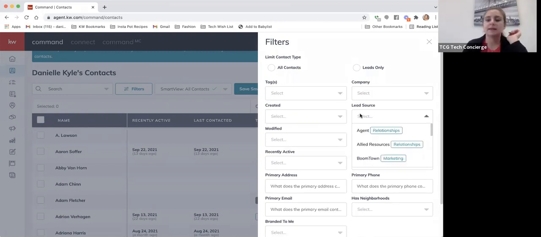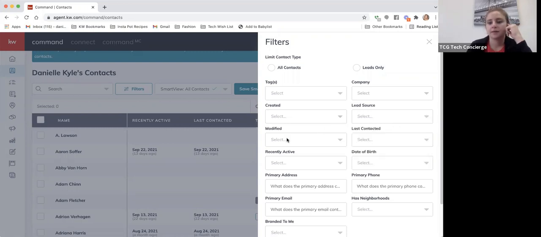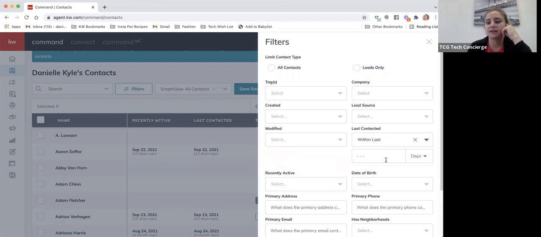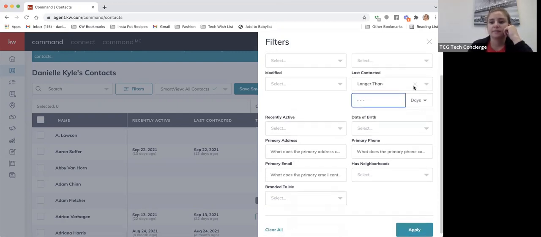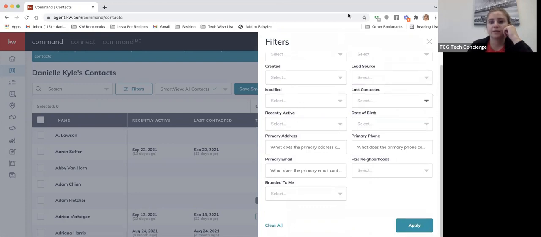You can filter by lead source, modified, longer than or within the last, and then select number of days. Last contacted within the last something days, or last contacted longer than 30 days ago, or maybe 6 months ago. And then we have recently active, longer than or within last, and then you'll be able to select number of days. Date of birth,